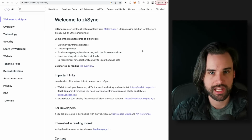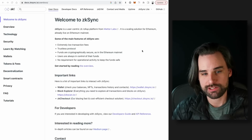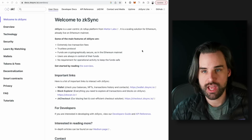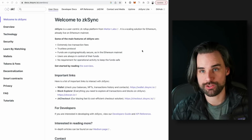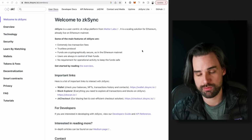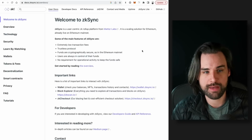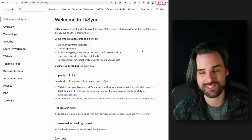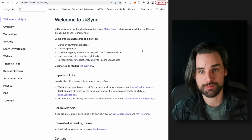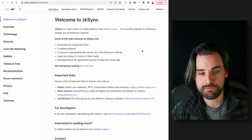And the nice thing about ZK Sync is that in the past, their documentation has had an FAQ on it that basically just straight up says, hey, is ZK Sync going to have a token? And it just says short answer, yes. It doesn't give you the details on how it's going to be distributed, or when that's going to happen. But if you read between the lines, it's probably going to be an airdrop just like these other layer 2s. And you're probably going to follow a very similar set of criteria in order to be